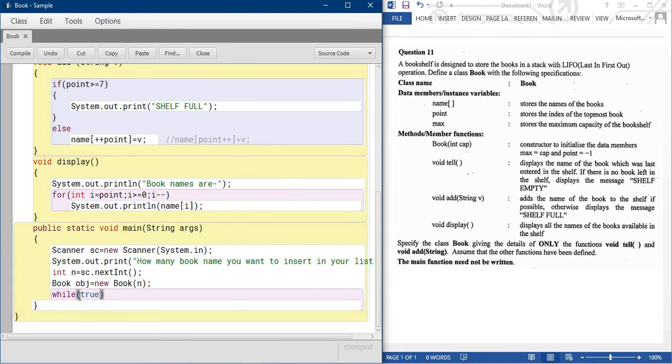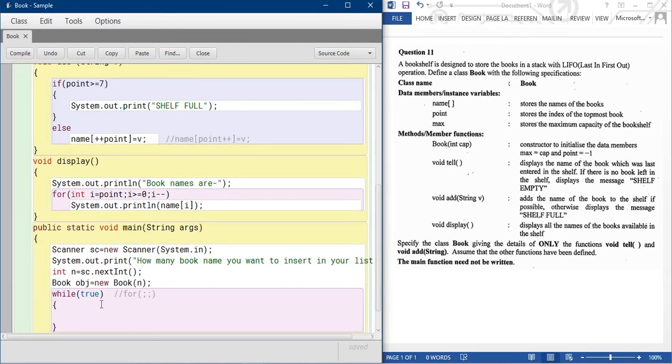You can use the infinite while loop this way, or you can use an infinite for loop, as you choose. So I'm giving a scope for how many lines I want in this entire while loop. Here I'm giving a simple message.